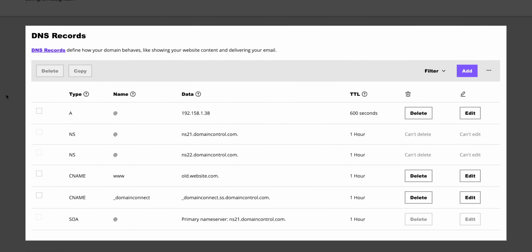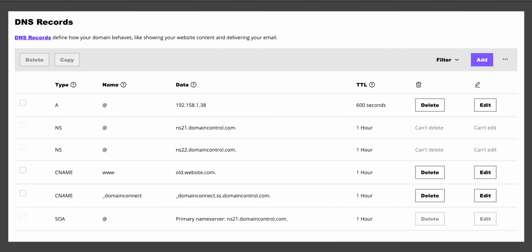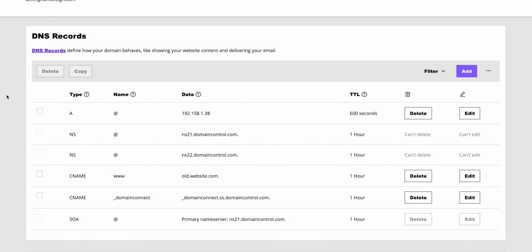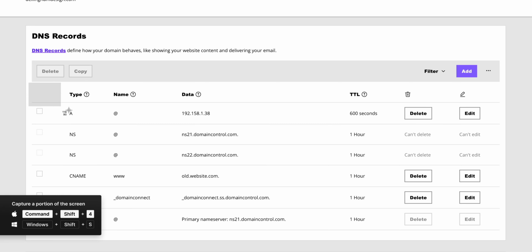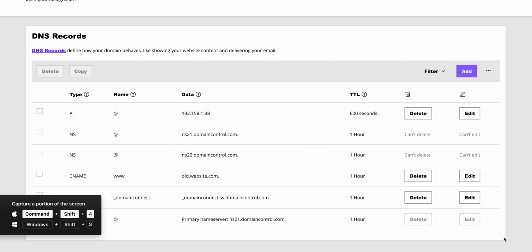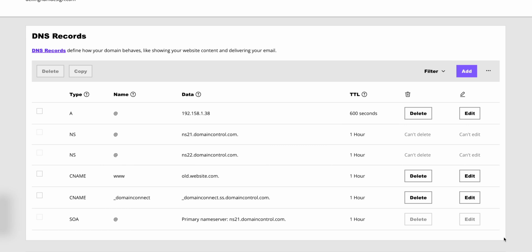A quick note here. This may look different for you. Maybe you already have existing records in your DNS settings. We're about to add ours from Webflow in a second. But we first have to remove any conflicting records. DNS settings should always be backed up. So make sure to take a screenshot or another way of notating all these settings before making changes, just in case you have to revert.